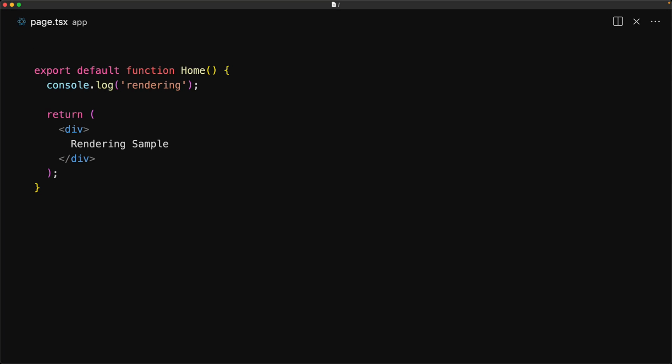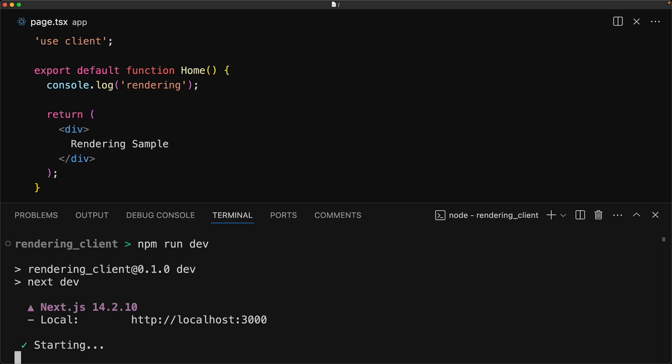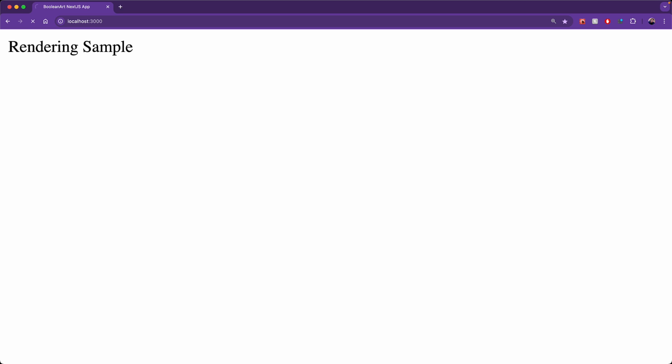And to opt into this model, we need to add what is called a useClient directive. It is a single string statement that must be at the top of your file. What it does is that it tells Next.js that we want to render the components from this particular file on the client as well. So if you boot up the Next.js server and then visit the page in the browser,